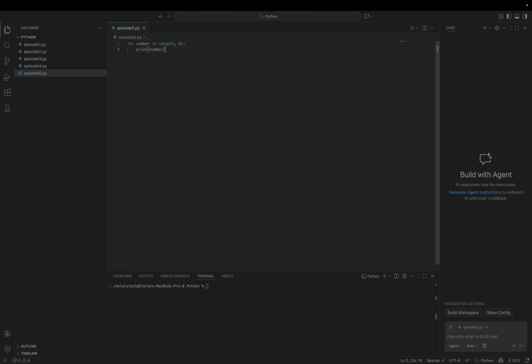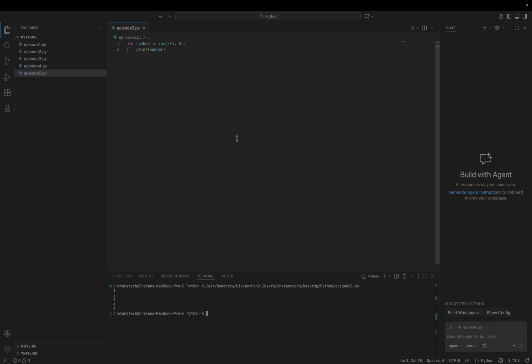For each number from 1 to 5, print the number. Range 1, 6 means start at 1, stop before 6. Let's try and run this one. You see, it prints 1, 2, 3, 4, 5.